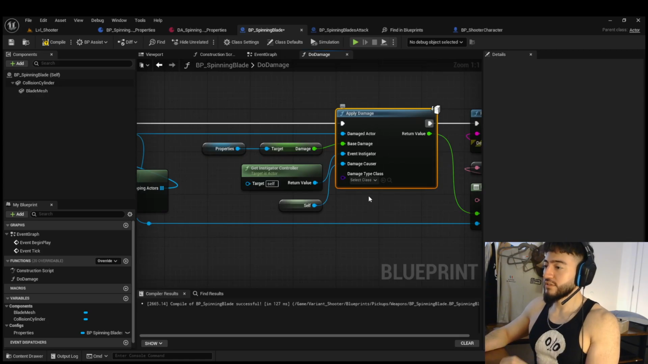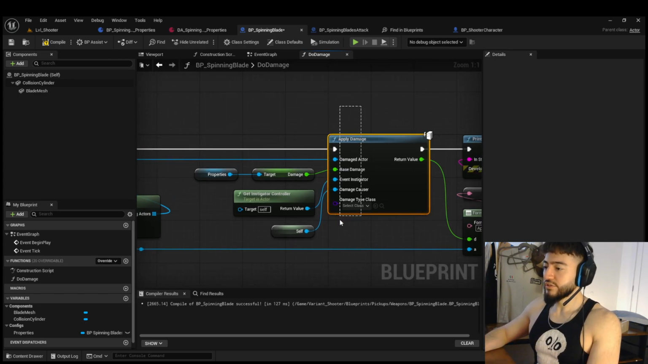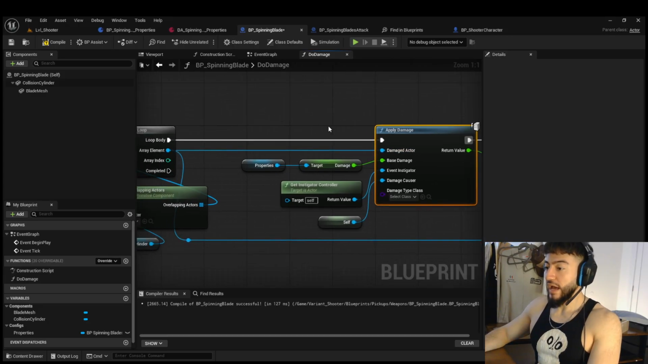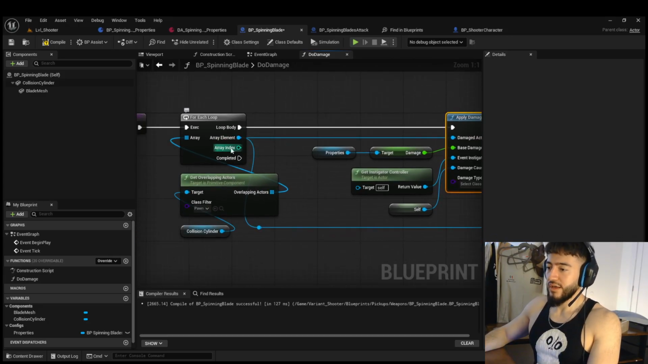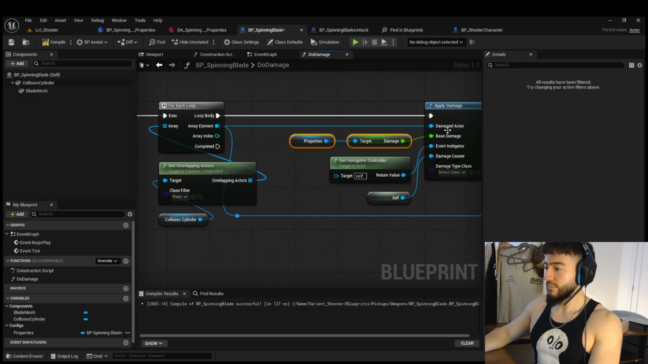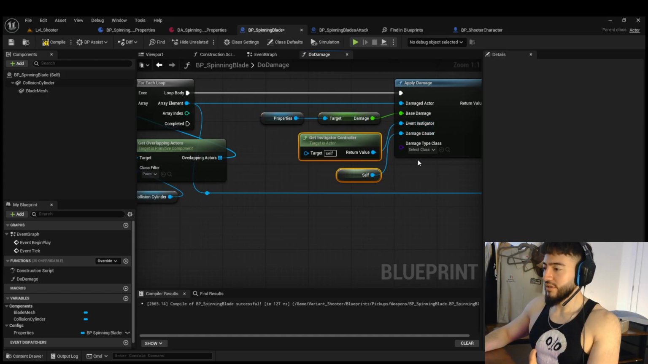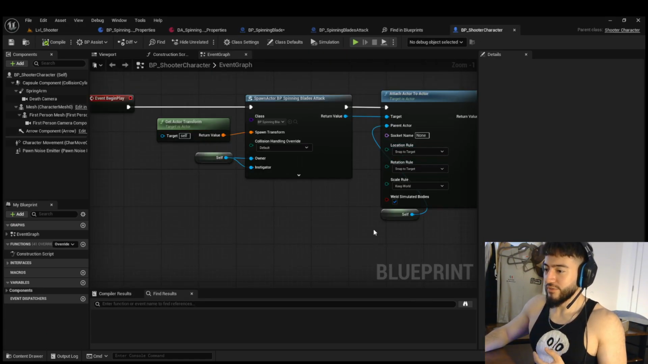And then I'm using this apply damage node. This exists already in Unreal, regardless of starter content. It is just going to apply damage to the actor that you want to be damaged. In here, we're getting all the overlapping actors. I want that to be the damaged actor. I want the damage to be the base damage. And then the instigator and the causer are going to be connected to,